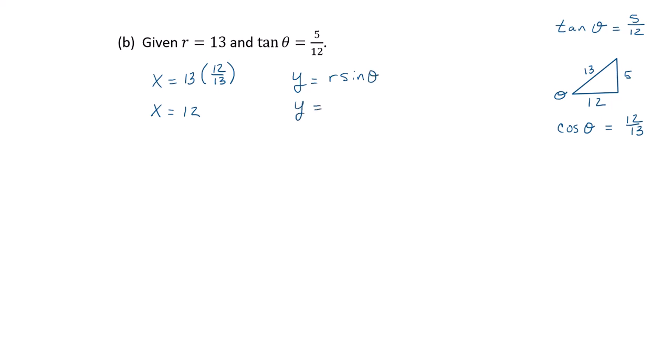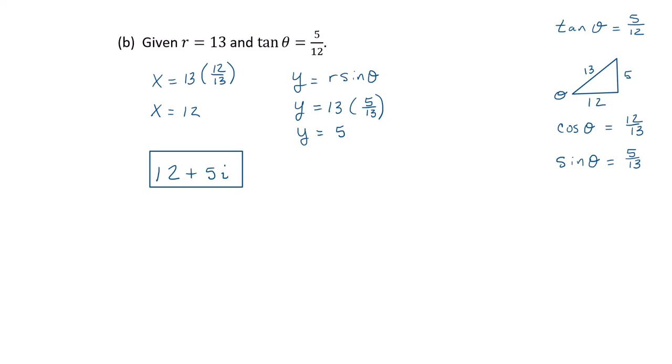So y is my r of 13 times sine theta. Sine of theta is equal to the opposite over the hypotenuse. That's 5/13. So the sine of theta gets replaced with 5/13, and I see that y is 5. This means that my number is 12 plus 5i